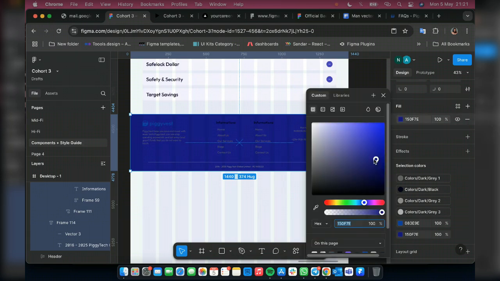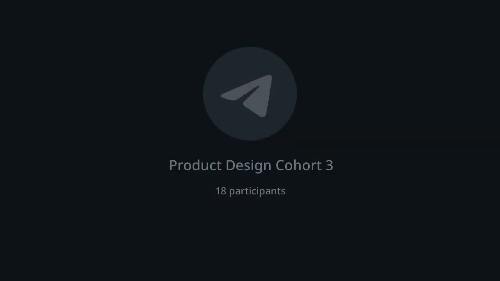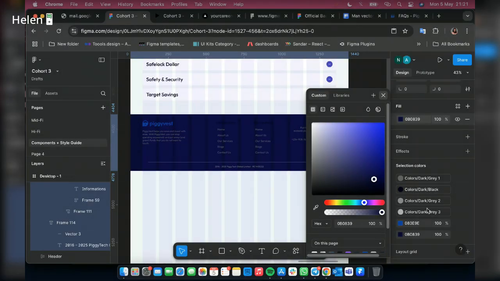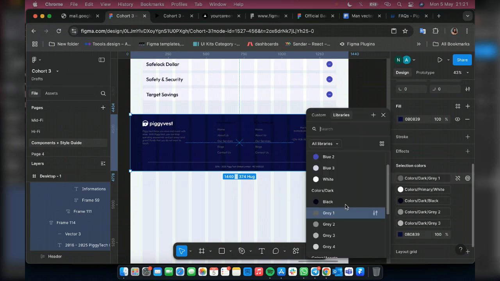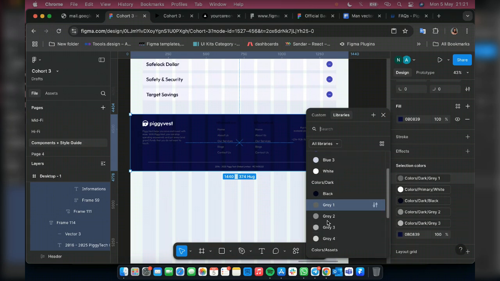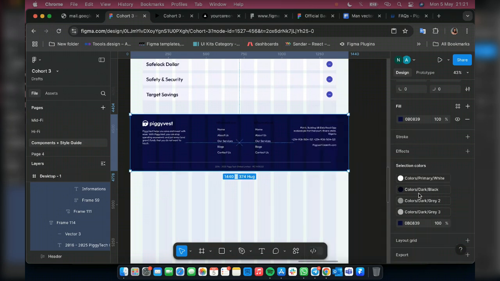So I'll just come to this place and start changing all this color. First thing first, I'm going to change my logo color to white. I'm going to change my gray to white. If you have another color that is standing in between gray 4 and white, that's the color you're going to use. But since we don't have it, I'm going to change everything to white,